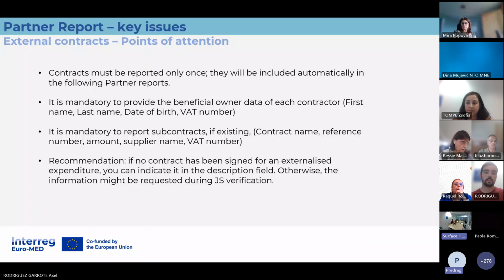Yeah, because in the next topic, the data related to subcontractors, it is contract name, reference number, supplier name, VAT number of the company. Exactly, yes. So that should be similar for the legal entity if they are contracted, not a natural person, if it's a company. But okay, I'll ask officially and, yeah, thank you very much.